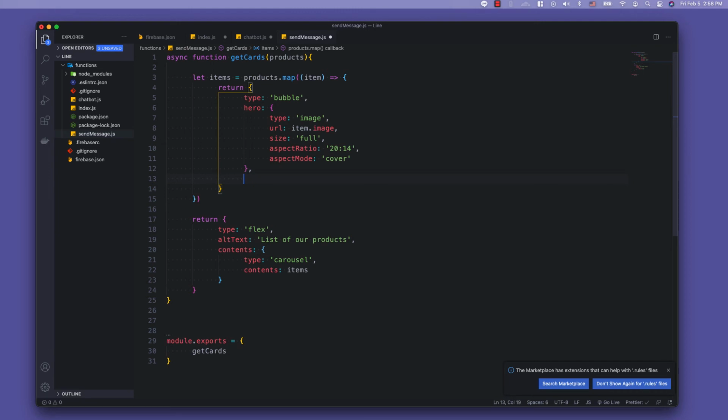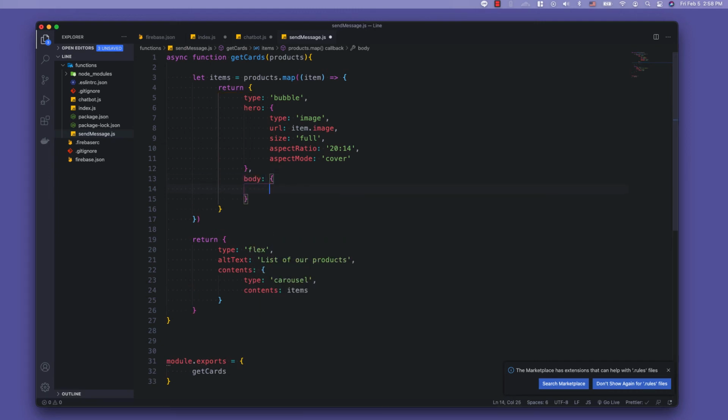After hero is body, an object, type box,